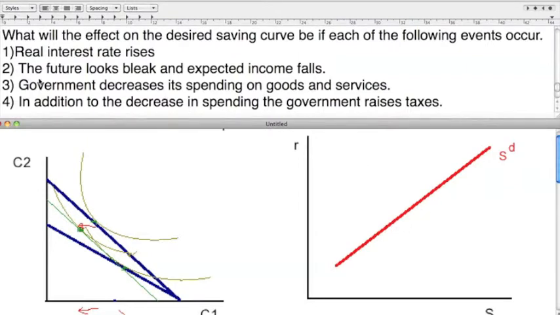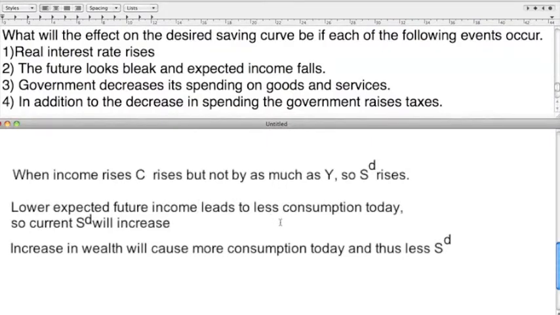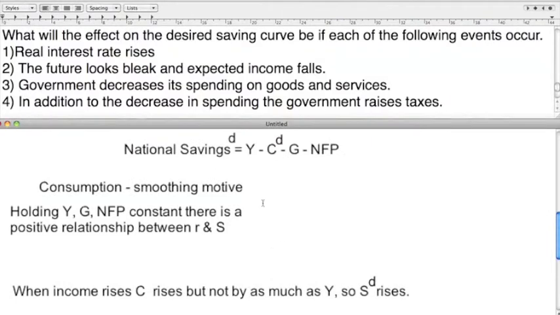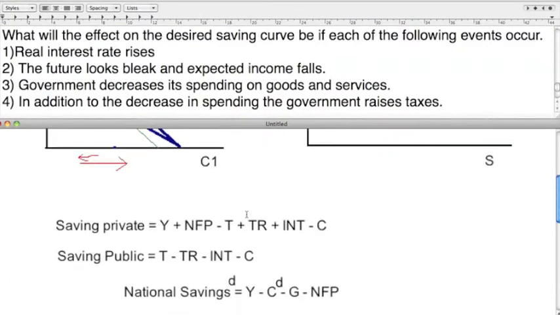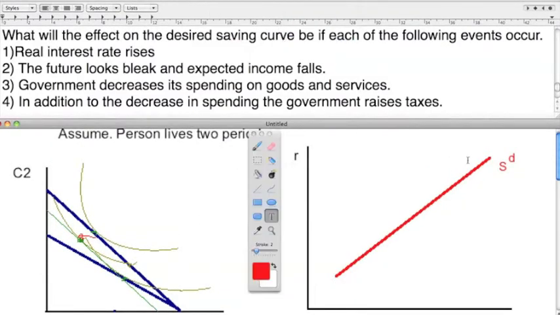Number 2, the future looks bleak and expected incomes fall. A lower expected future income leads to less consumption today because they're going to be poorer in the future, and they'll have less desire to consume today because they think they're going to get pretty poor. So let's go back to this formula. If desired consumption decreases, well then national savings will have to increase to remain equal. So this here, number 2, we'll see, let's get out my toolbox, a shift in the savings desired curve outward,